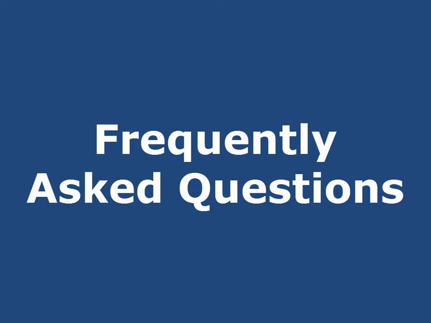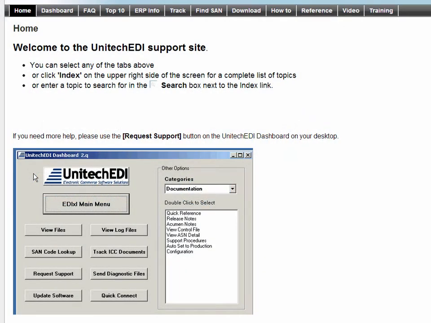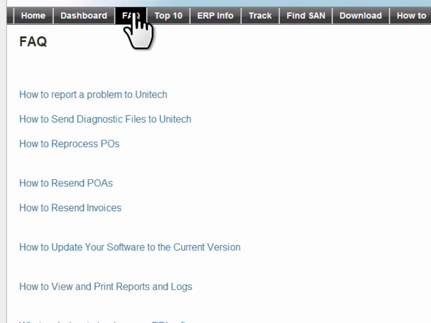Like all things, some areas of the software seem to get more questions than others. What we've tried to do is to gather up all of those questions that are asked repeatedly, and they might be in several different places. One is in the FAQ tab of the Unitech EDI wiki, and that lists a number of different situations: how to process POs, how to resend POAs, how to resend invoices,